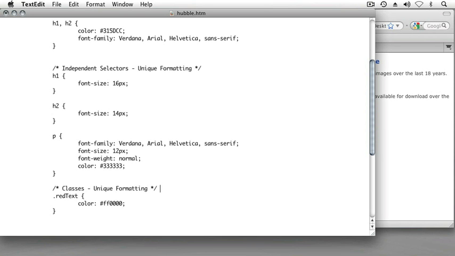To remind me that this block of code and subsequent blocks of code in this area are classes to apply